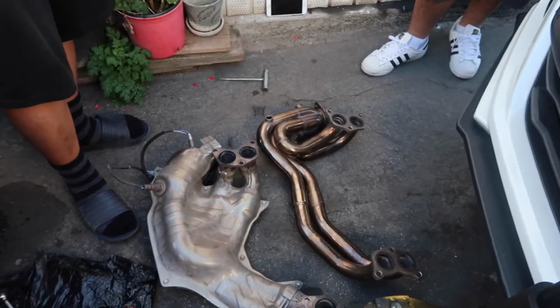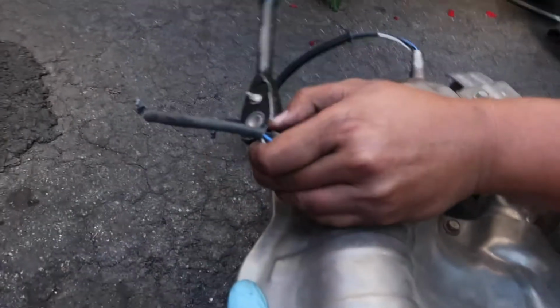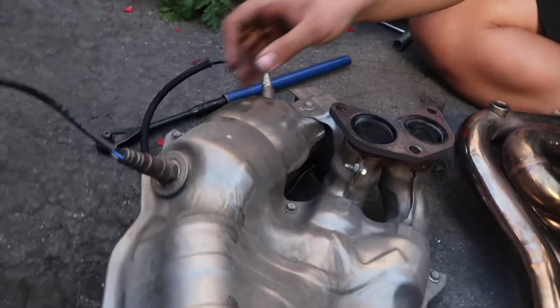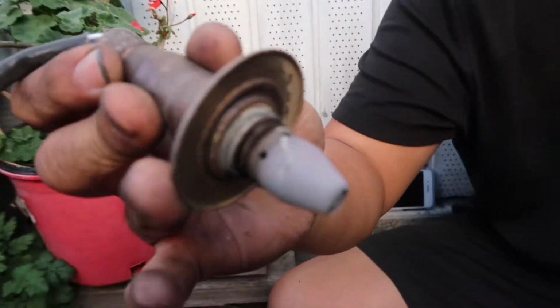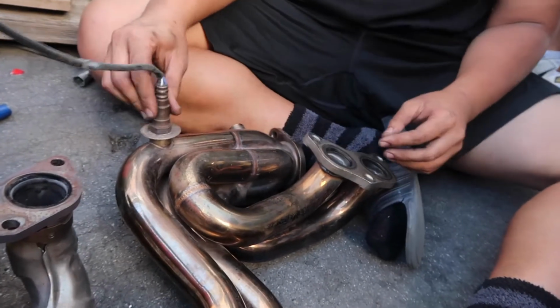So we're gonna transfer the oxygen sensors to that one. Yeah, let's do that right now. Before, okay. Thanks for your help, Luis. You got it, brother. There you go. All right, let's make sure we put it on right. Yeah, put it on there. All right. Life is a race. Alright, we're just gonna slowly... We're doing a...